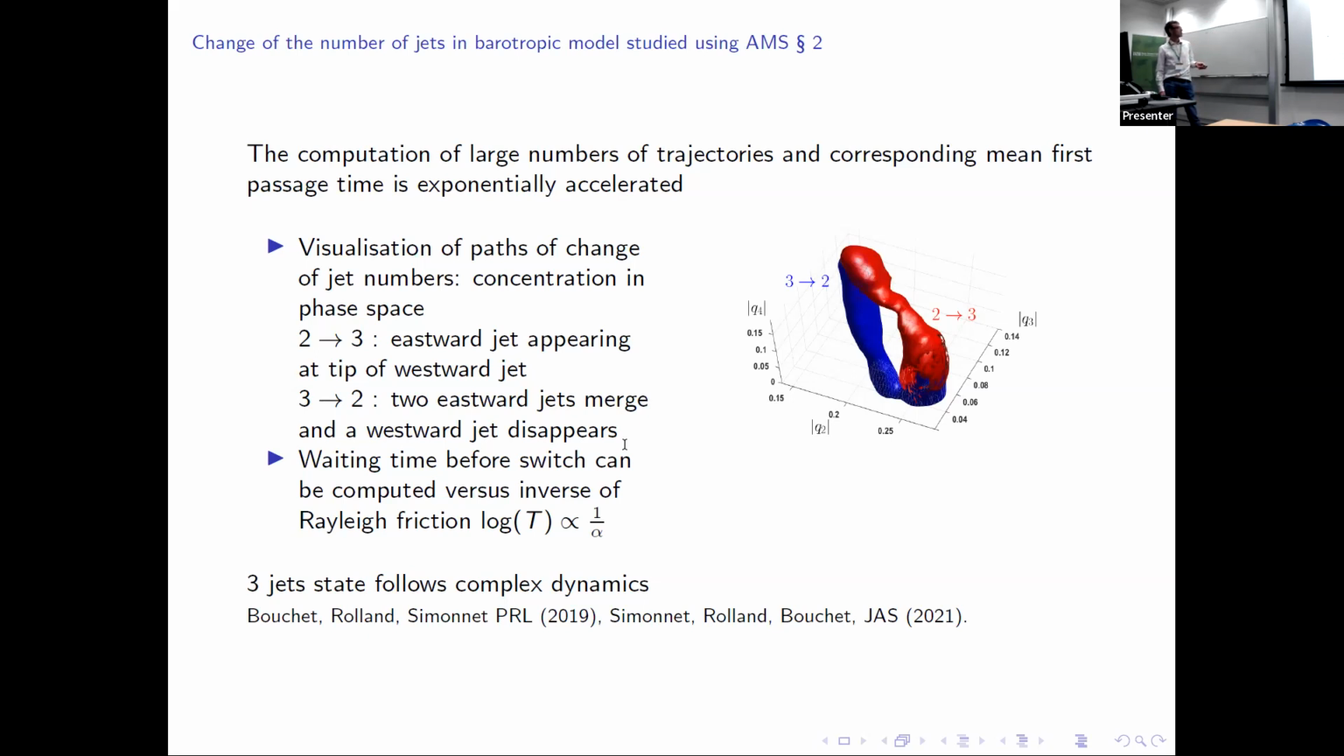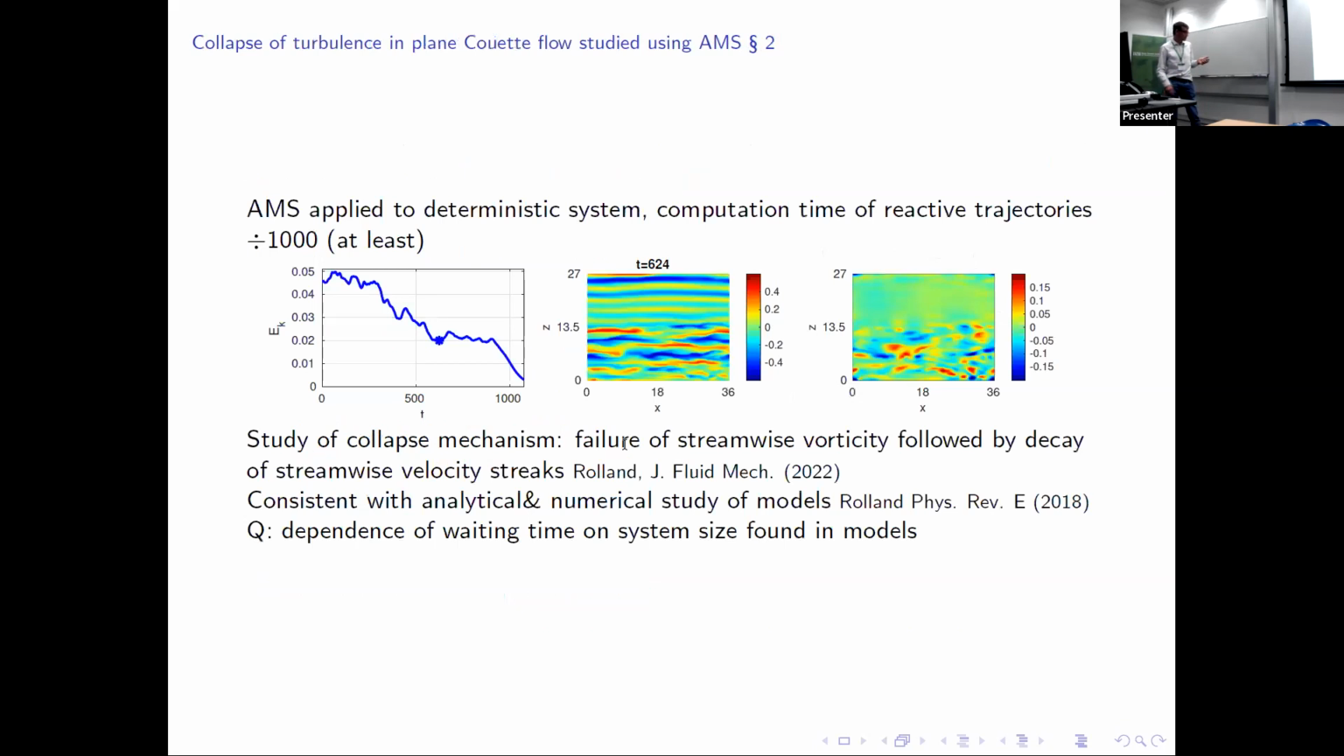So this was a first successful application of these methods to a very complex system. Another application of these methods is to an even more complex system, where we do not have any stochastic forcing. So we have to wait for the deterministic collapse of turbulence, which is the case of the collapse of turbulence in a wall flow. There I had to make some modifications to AMS to apply it to a deterministic system, but nevertheless, I could compute the mean waiting time and the trajectories before you go from a fully turbulent wall flow to a